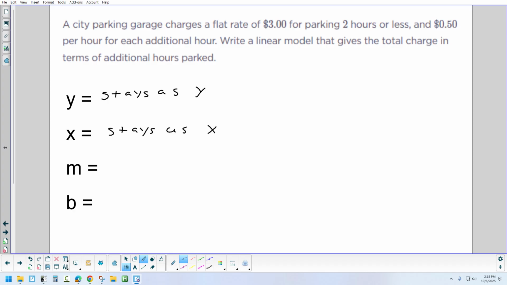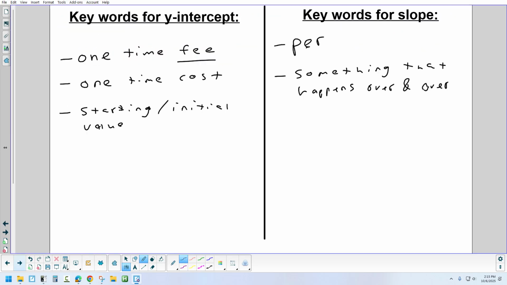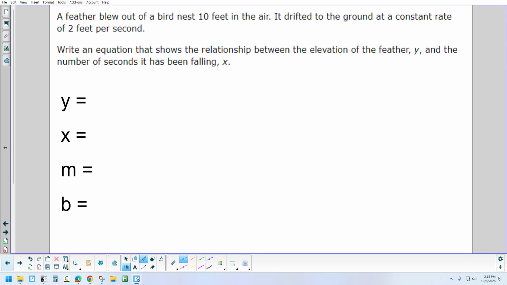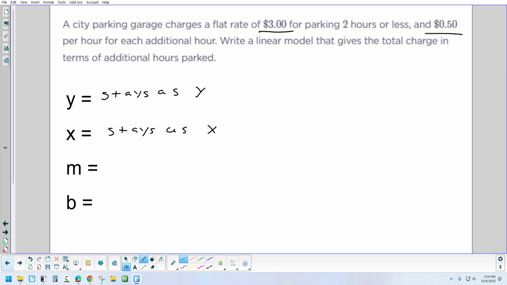Okay, now the m. What did we say m represents? That's your slope. And is there a word in this problem that indicates there's 2 numbers? Which one of these is the slope? Right, it has per after it. Remember, when we talk about slope, one word that you're going to see near the number for the slope is per. Something that happens over and over. Do you pay 50 cents one time? No. You pay 50 cents for every single hour you're parked there. So 50 cents is your slope,